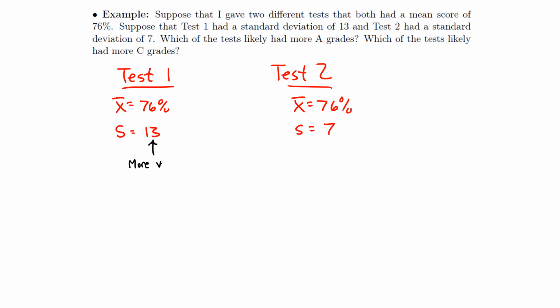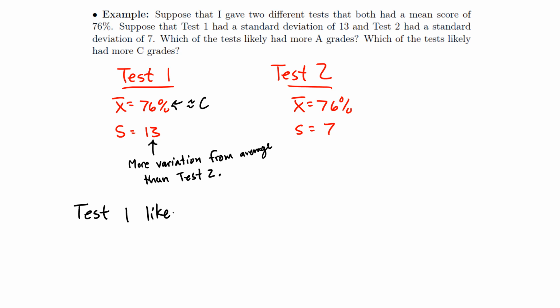More variation from the average than test 2. Okay? And of course the average is about a C, right? So what we can say here is if this means there's more variation in the average than test 2, then we can say test 1 likely